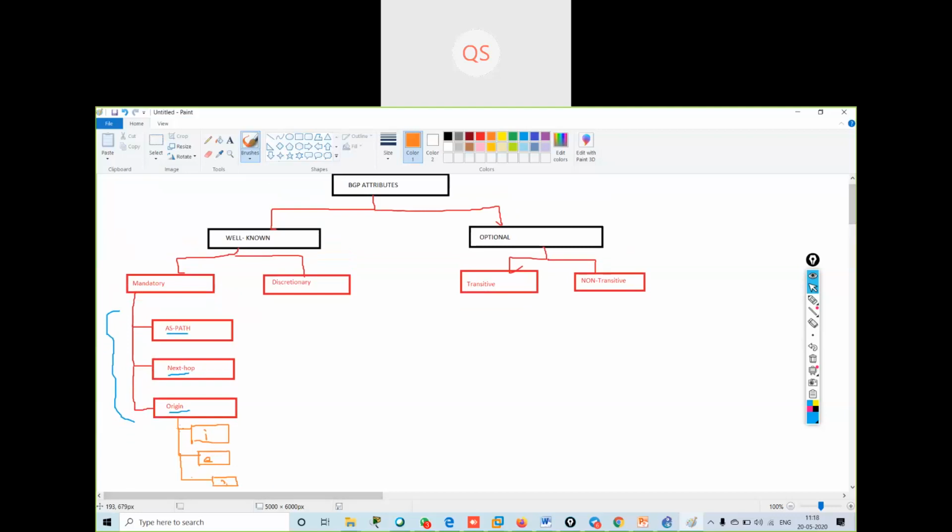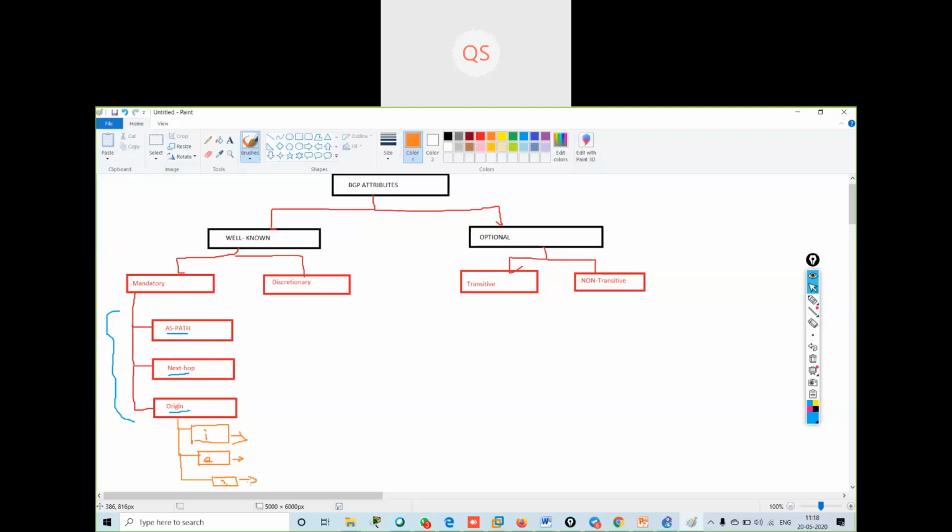I means my BGP network routes, E means my external routes, and question mark means my redistributed routes.